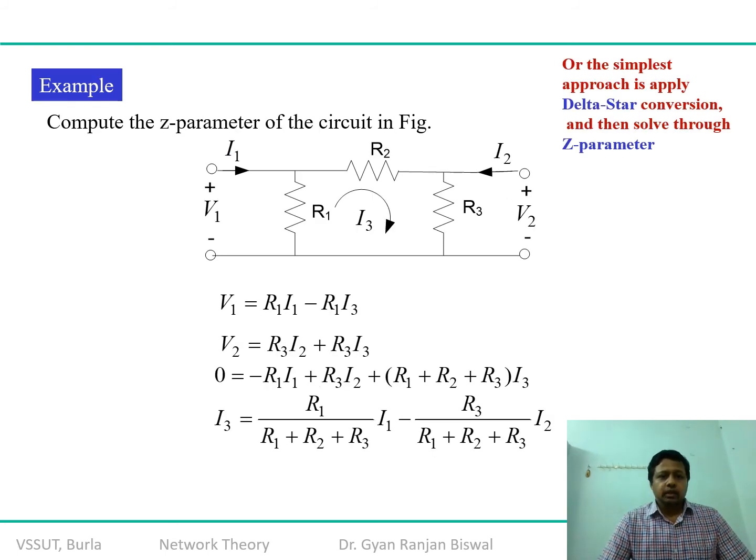Here one more example is given. There is a pi network given, and you are asked to calculate Z parameters. Very interesting problem. Remember, it is basically a pi network, or sometimes we also call it the delta network. Okay, so you can straight away write down your formulations. If my purpose is to calculate the Z parameters, that means my intention is always to calculate the ratio of voltage by current.